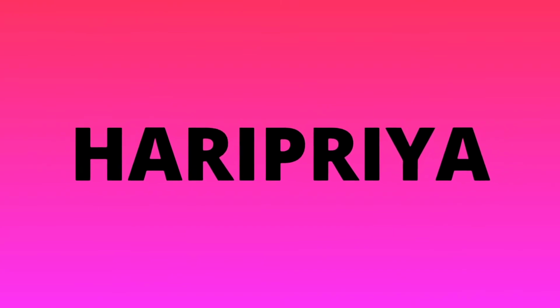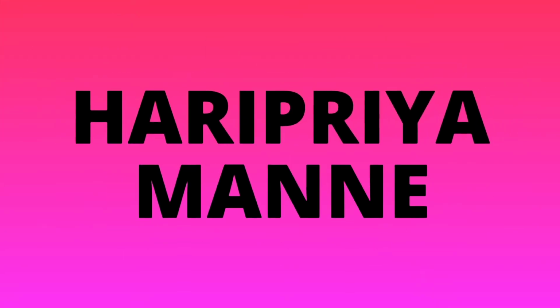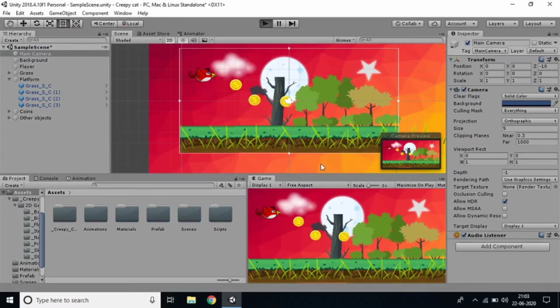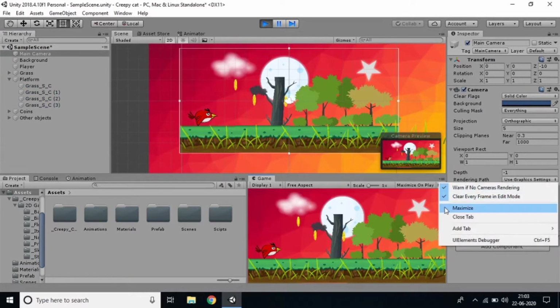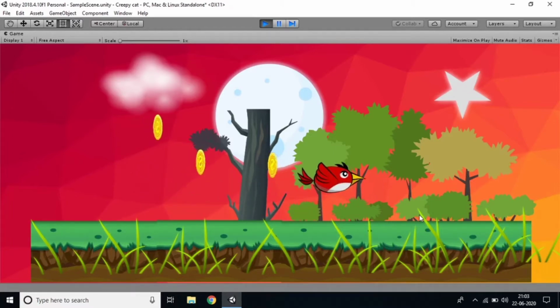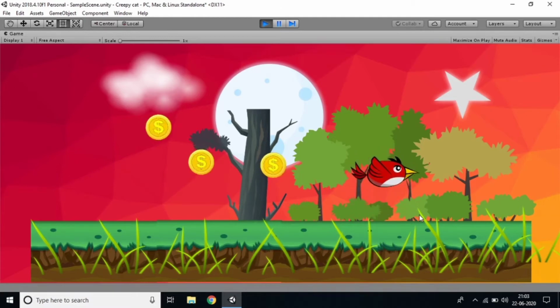Let's watch this amazing movement of camera along with the player. If you can see here, I'll play the game and we can observe what is happening. So just maximize this and you can see I'm playing the game, and the camera is not moving forward or backwards. Why? Because we didn't write any code for the camera and we didn't add it.